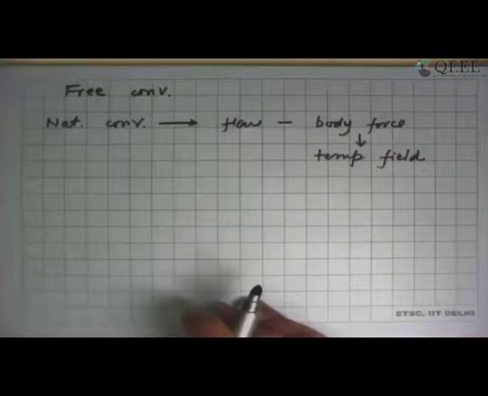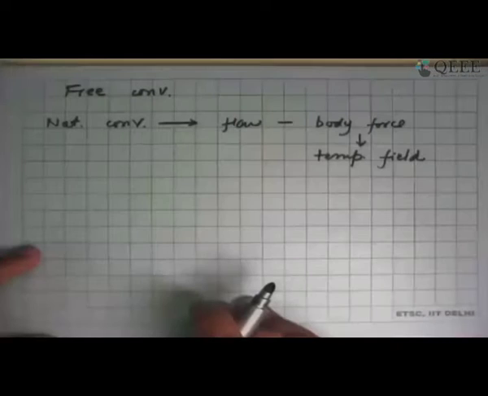What it means is that as heat transfer takes place in the fluid, it sets up a temperature gradient in the fluid. This in turn generates a body force, and this body force influences the way the fluid will move. Now this is what was not happening in forced convection, where we said that the external driving force is so much that temperature gradients do not affect the bulk flow that was taking place. That's the difference between natural convection and forced convection.